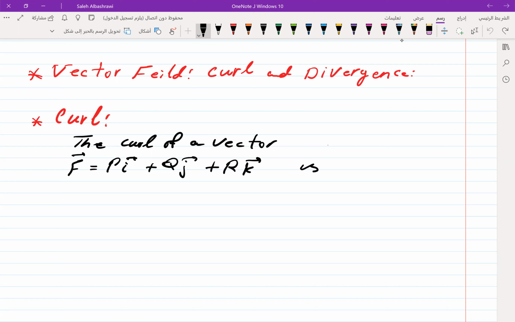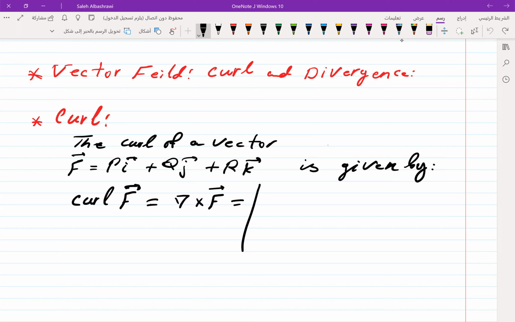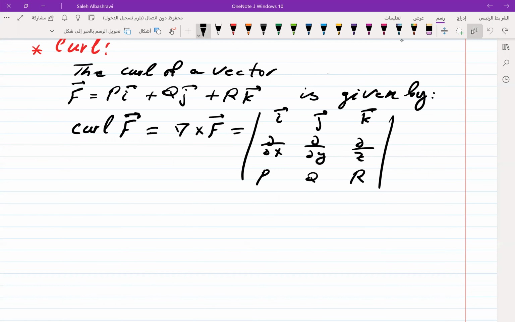is given by curl F is equal to nabla cross F. This vector product, or cross product, is equal to the determinant of i, j, and k; partial derivative with respect to x, partial derivative with respect to y, and partial derivative with respect to z; of these three components, P, Q, and R, which is equal to